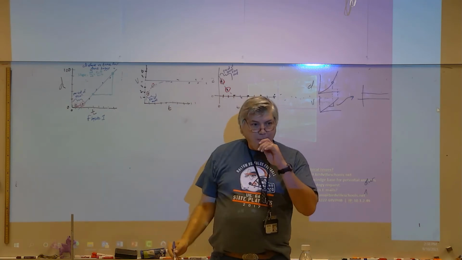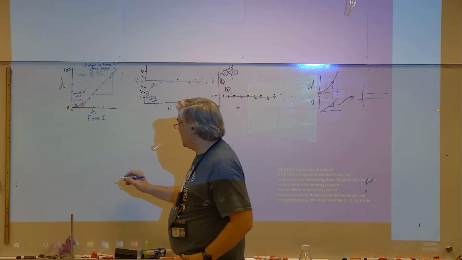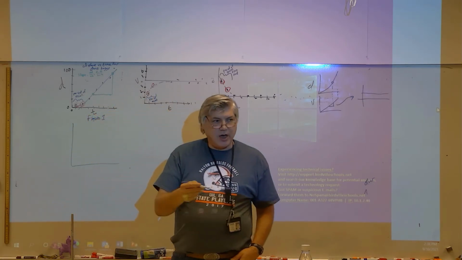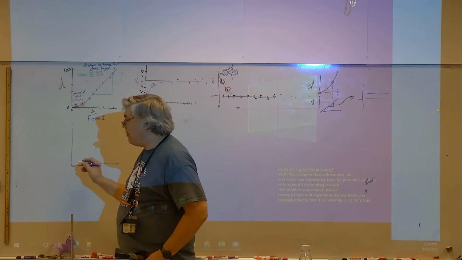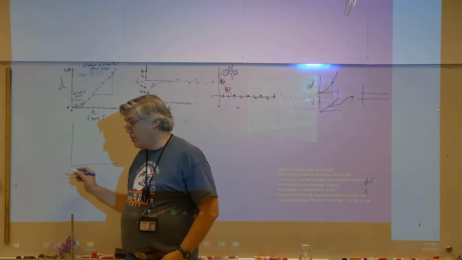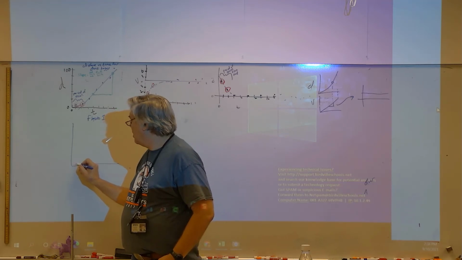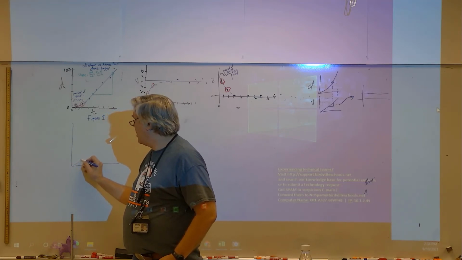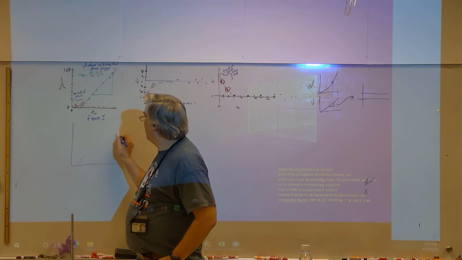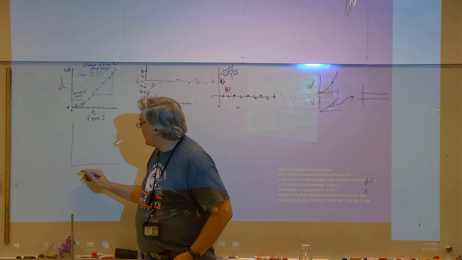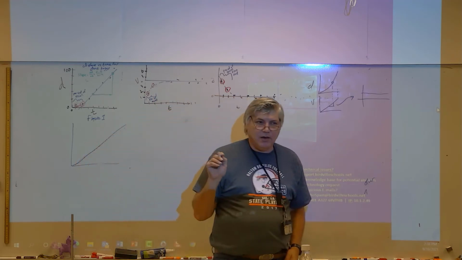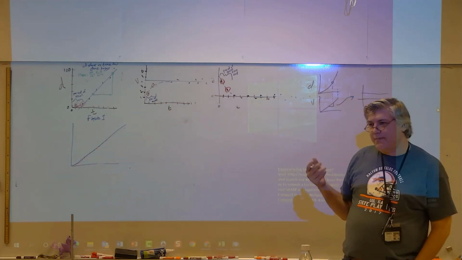But if I had more data points, I might get better results for indicating where I was not looking at constant velocity and stuff like that. Well, those spark timers do have another setting. We had it set on 10 hertz. We could have set it on 60 hertz. We had a lot more data points to plot. We have 6 data points for every 1 data point that we had. But could I get a better curve fit from something like that if I had 6 points for every 1? So you can discuss that